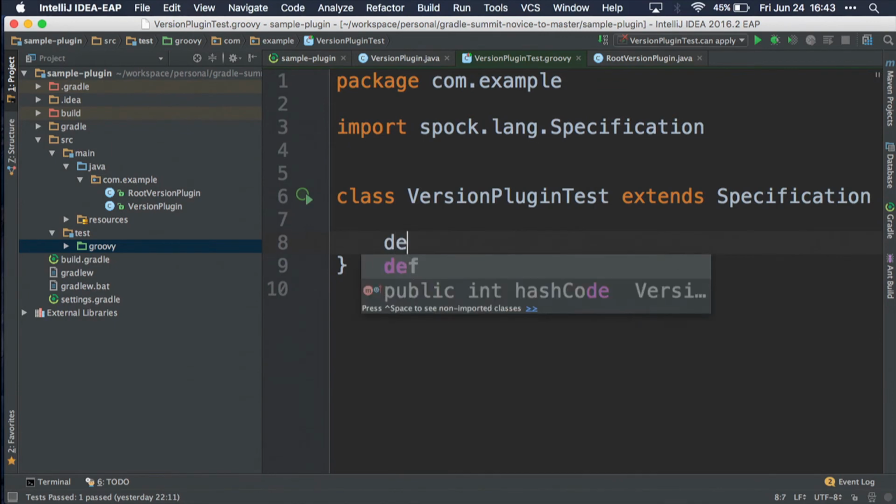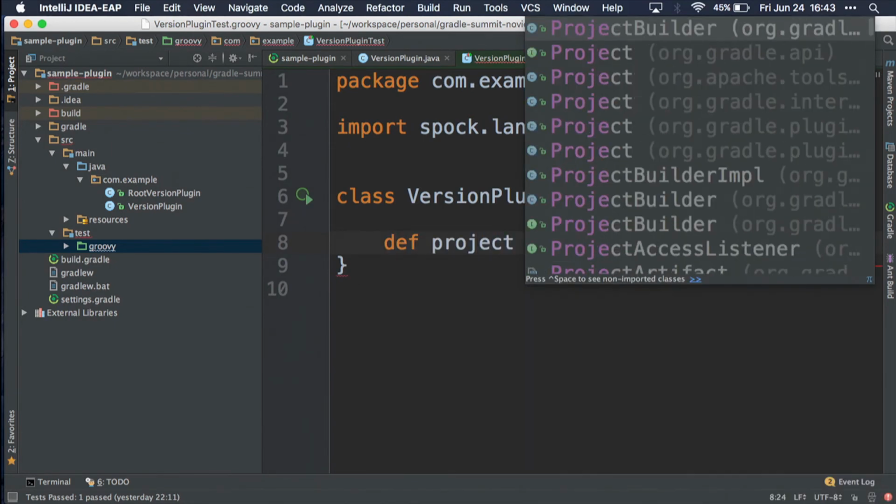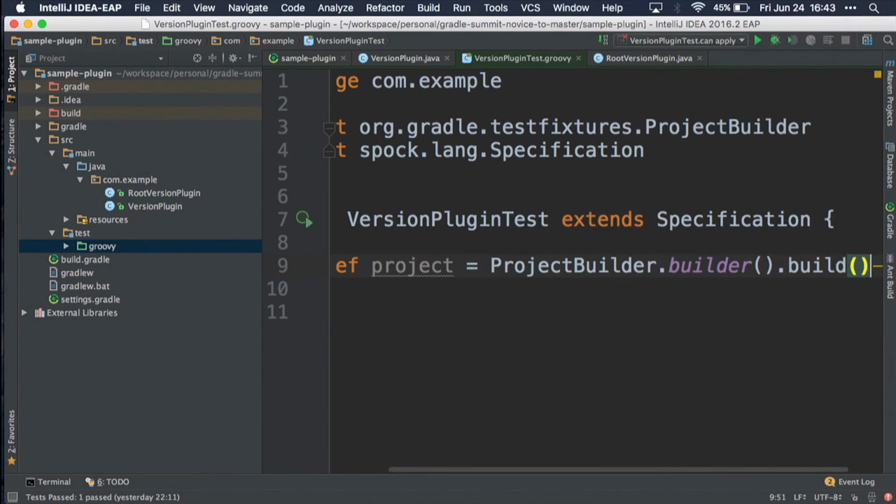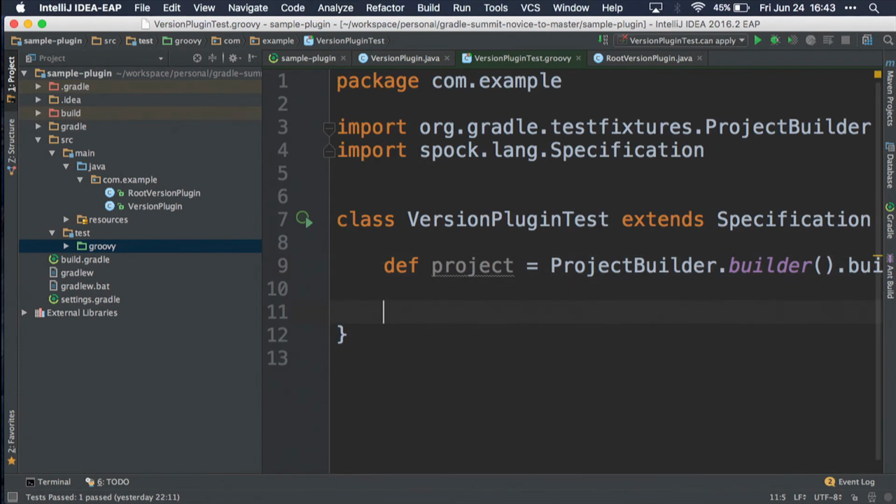So first thing I need is I need a project. I can use project build. So now I have a project I can use for my plugin, for my test. One of the nice things about Spock is that you can use strings. You can use spaces in your method name, so you don't have to do this weird underscore work. You can also use table format, so you can actually write one test that tests a bunch of data. There's one test that I've written, I think, 4 tests that have a total of 19,000 executions. So some pretty good reuse out of those 4 tests. I test all of my validation that I need.